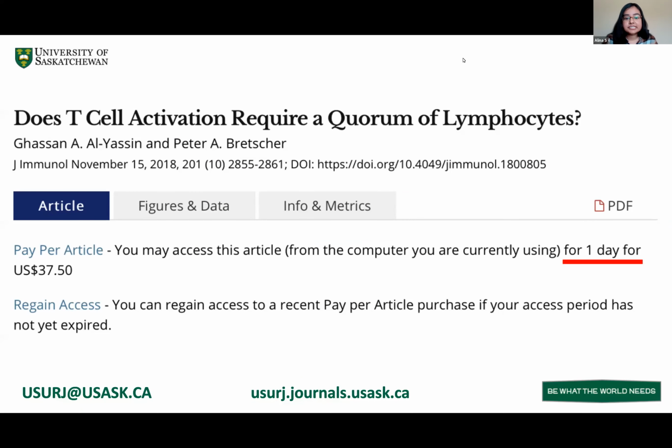Okay, perfect. So this slide again reiterates the same idea. For example, in order to access this paper, you might have to pay about 38 US dollars per day to access it. And after that access period, you will no longer have access to this again, and you'll have to pay again in order to access this work. So again, publication could be very expensive for both readers and authors. That's why open access is so important.